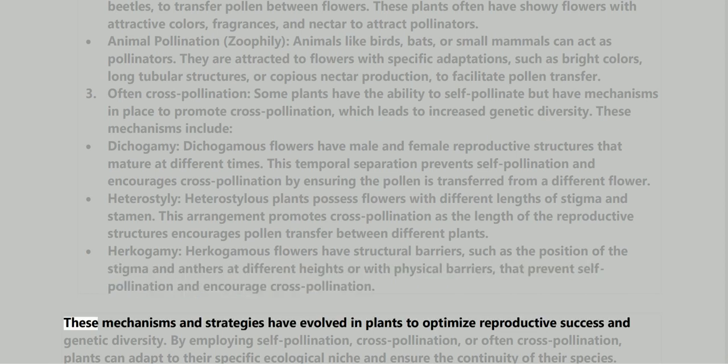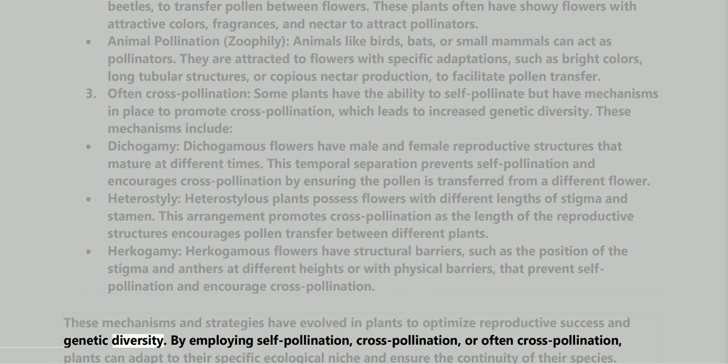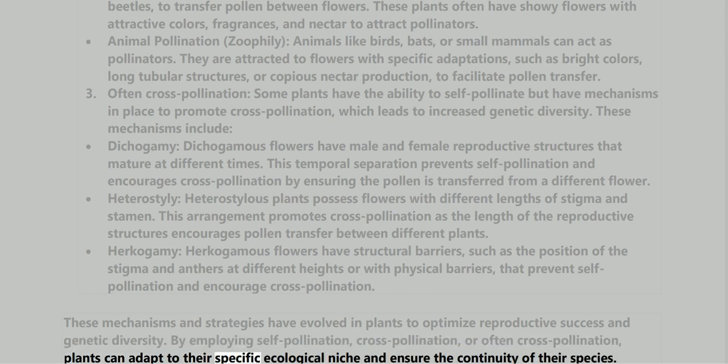These mechanisms and strategies have evolved in plants to optimize reproductive success and genetic diversity. By employing self-pollination, cross-pollination, or often cross-pollination, plants can adapt to their specific ecological niche and ensure the continuity of